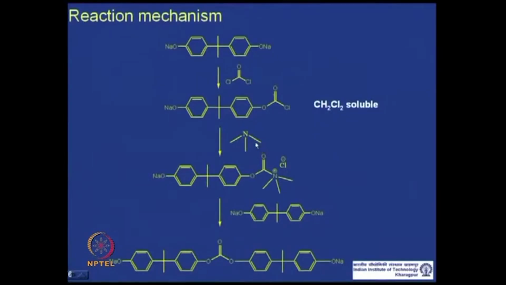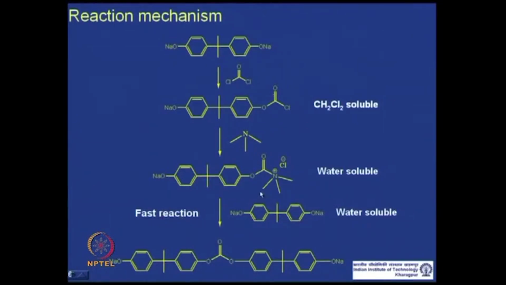An amine is added in the organic medium, say triethylamine or trimethylamine, and when this reacts with this species, it forms a salt. Now, this is water soluble. So, now you have a water soluble species, and now they can do the reaction on the water side of the interface. So, the reaction becomes faster. So, you have to add this amine catalyst to facilitate the reaction and have the reaction happening in a fast way,